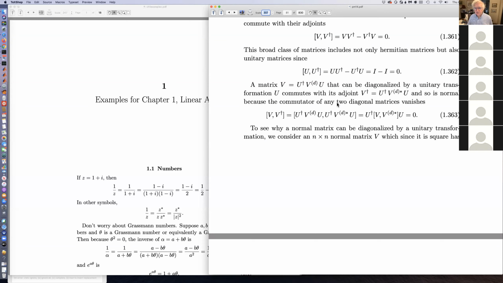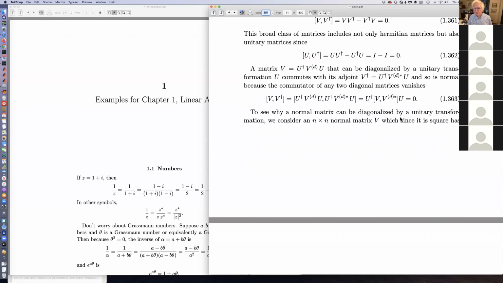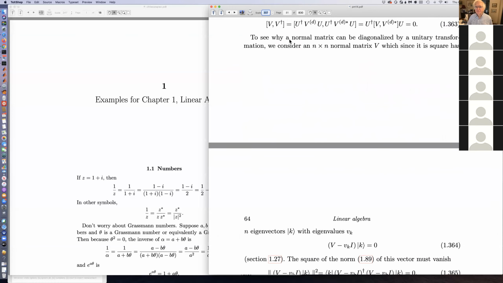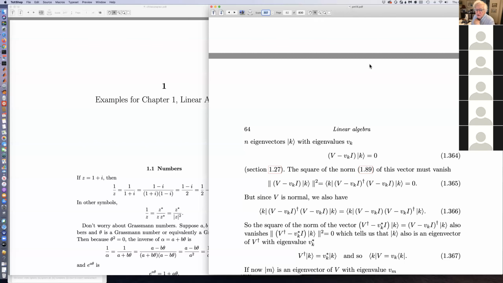So to repeat that, if you have a matrix that can be diagonalized by a unitary transformation, then it is a normal matrix. It commutes with its adjoint. On the other hand, we can also show that any normal matrix can be diagonalized by a unitary transformation. And what we do is we